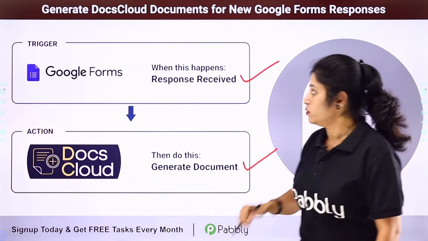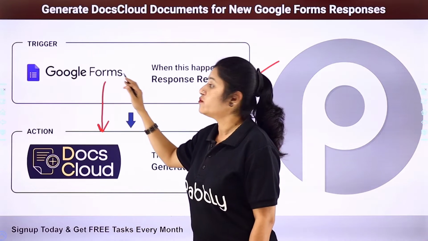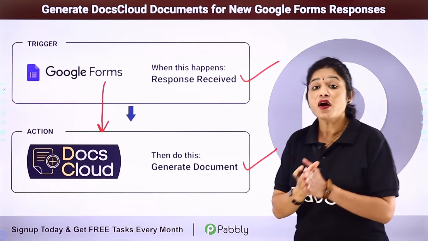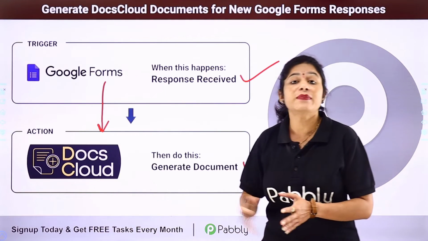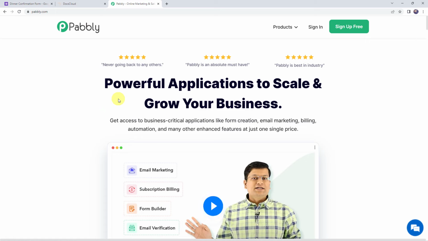For that, you need to integrate Google Forms with DocsCloud. So here your trigger application would be Google Forms and your action application would be DocsCloud. So how you can integrate both these software applications using Pabbly Connect? For that, you need to come to my screen. To integrate Google Forms with DocsCloud, first we need to log into